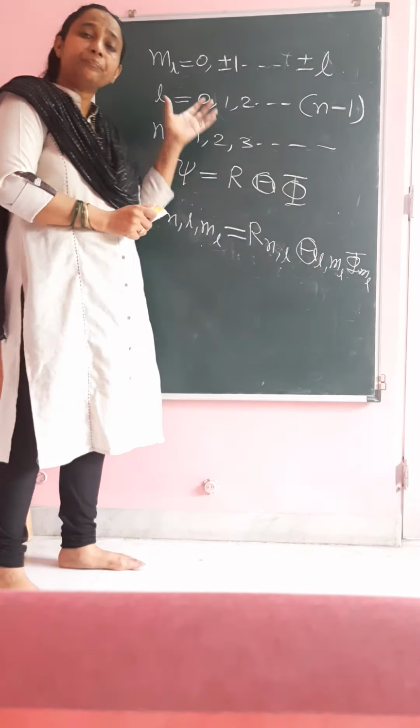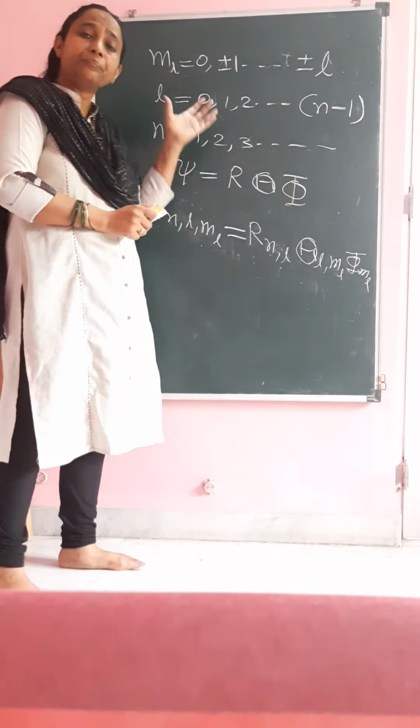Then n will always be 2, but here l is 1. So 2 1, and corresponding to this l we have these values: psi 2 1 plus 1, psi 2 1 minus 1, and psi 2 1 0. This is the way you can express it. So 2 0 0, then 2 1 0, 2 1 plus 1, 2 1 minus 1. In this way the states can be represented. This is how we can represent the total number of states, and it will explain the behavior of the electron in terms of the quantum numbers.